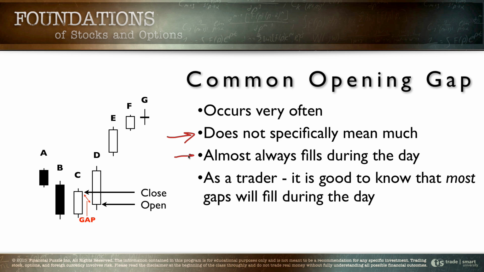And here's maybe the most important thing to recognize. They almost always fill during the day. A lot of day traders like to trade the common morning opening gaps because they know that these gaps normally fill during the day, and so they're looking for those gaps early in the morning, and then they'll trade as a contrary trade, and they are trying to scalp the difference in that gap action that will happen early in the morning. Again, that's a normal activity daily. It's very common. It happens across a lot of stocks.